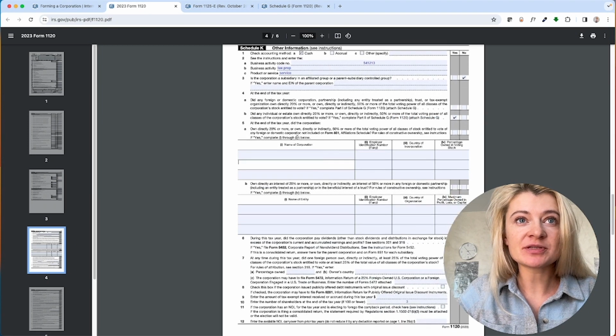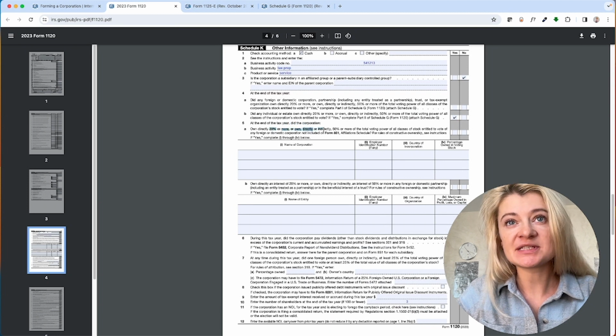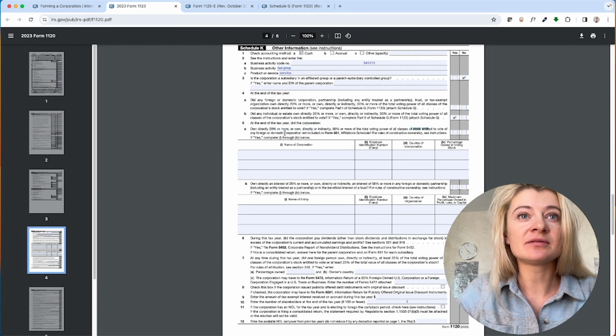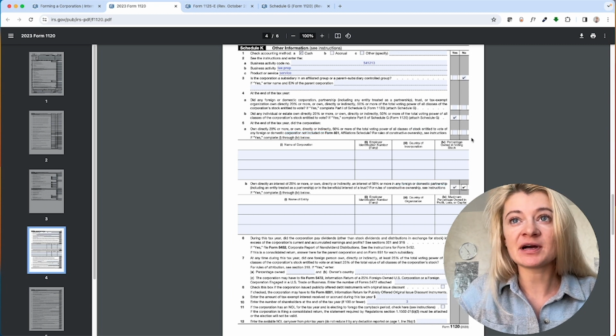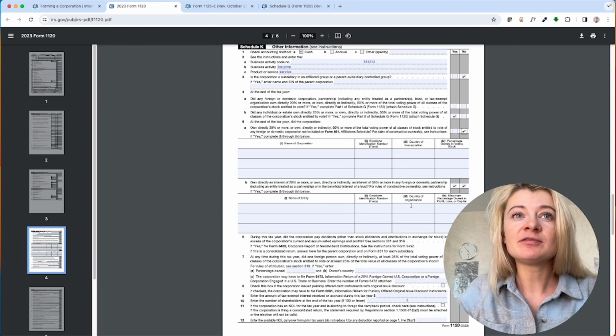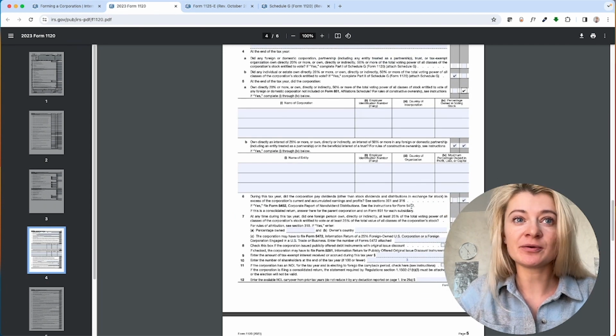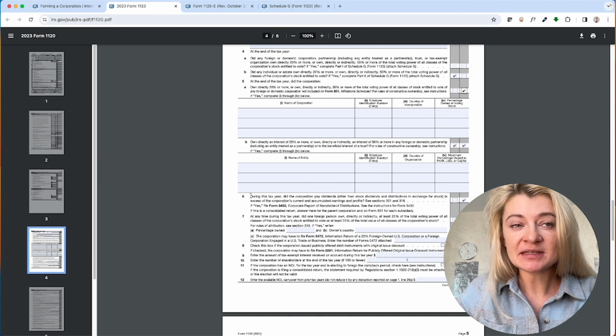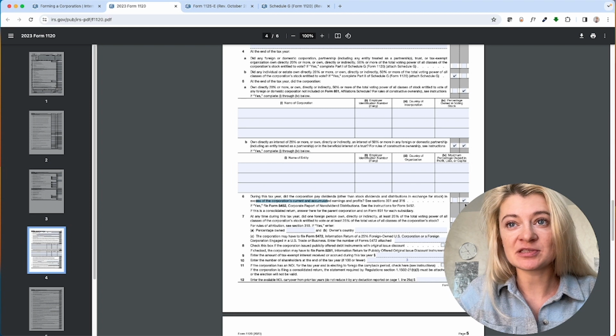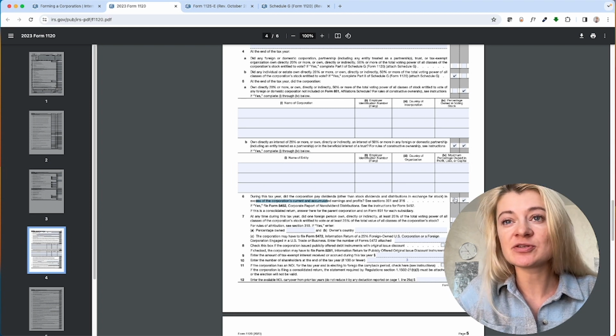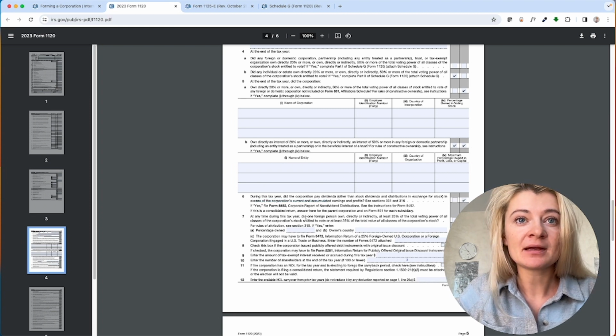So one of the questions is basically, did the corporation own 50% of stock in a foreign or domestic corporation or a foreign or domestic partnership? For us it's no, because we didn't own 50% of the shares of a corporation or partnership. Question number 6, did the corporation pay dividends in excess of current and accumulated earnings and profits? We did not, but if we did, we need to check the box yes here and fill out this